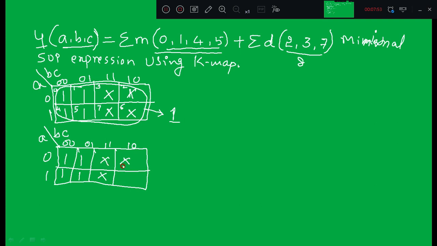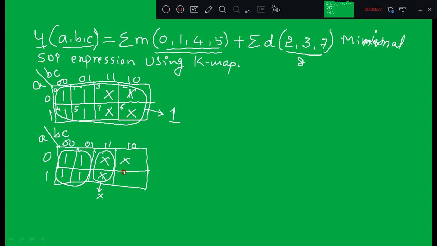And one more thing you remember, you are not going to group only don't cares, right? So I cannot form this grouping. This is wrong, this is a wrong grouping. Our aim is not to cover the don't cares, our aim is to cover only the minterms, that is 1. So here I can cover all these 4 ones in one group, so it is not necessary to include these don't cares.